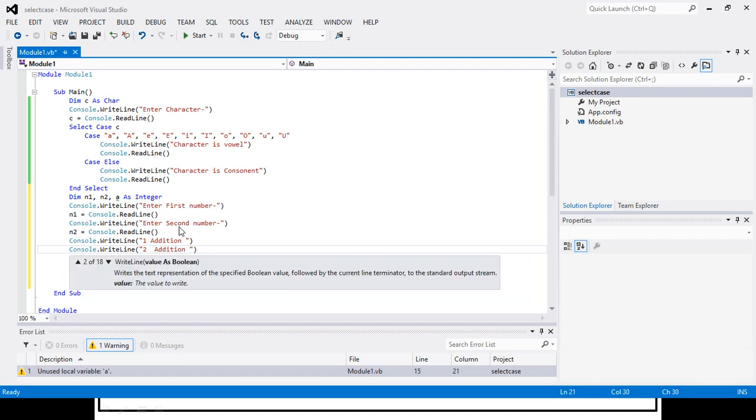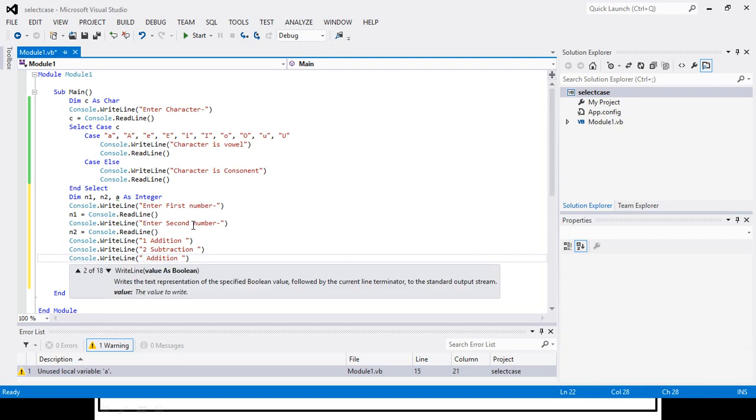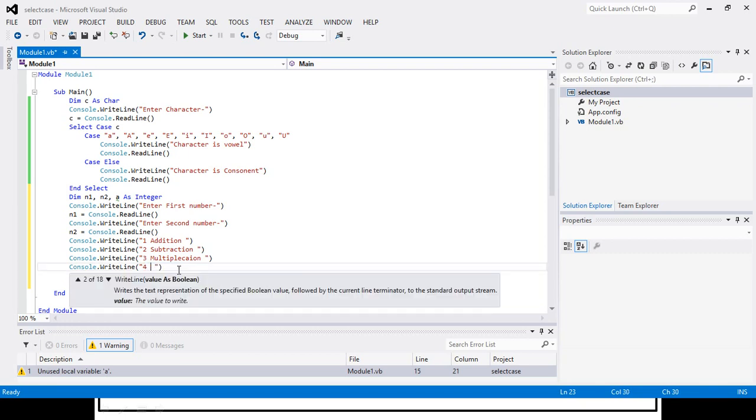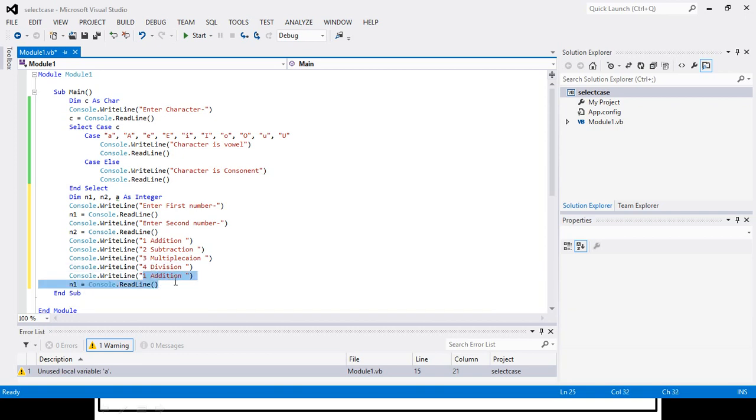So I will write here 2 subtraction, next 3 multiplication, division, and fifth one is exit.